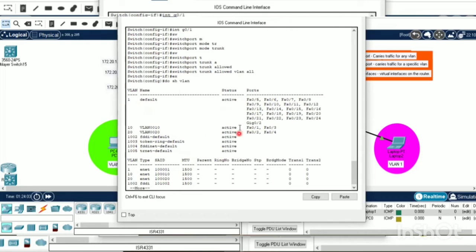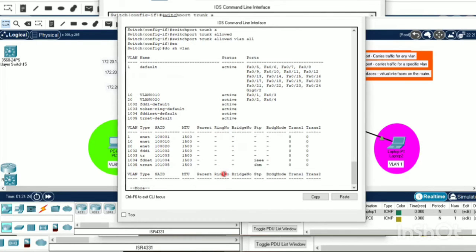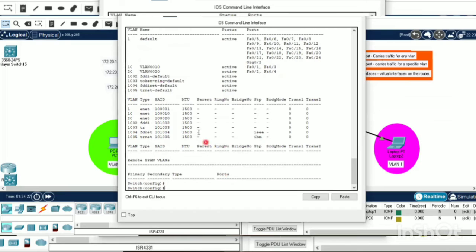Here you can see the status, they are active, and 0/2 and 0/4 belong to VLAN 20. These other VLANs are Cisco defaults, used for token ring and FDDI. And here you can see the MTU, maximum transmission unit, for the interfaces.